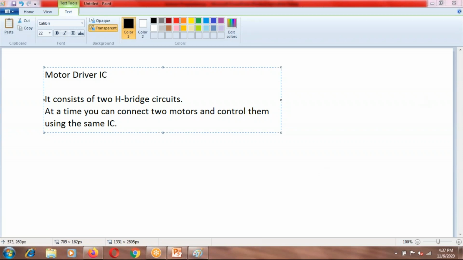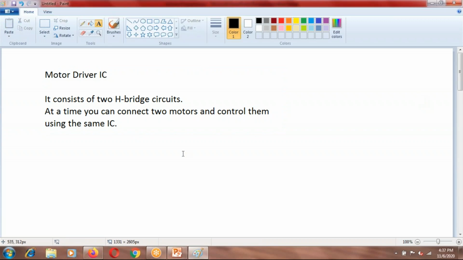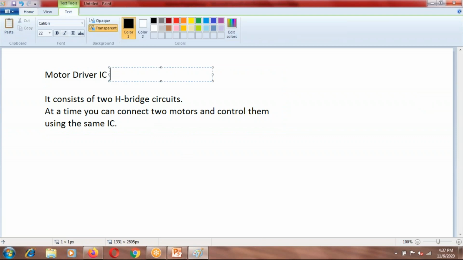Yes. So you can control two motors simultaneously using the L293D IC. Basically, it has two H-bridge circuits. Yesterday we discussed the motor driver circuit, the H-bridge circuit, and how it controls the functioning of the motor. So when we use this IC, we can control two motors simultaneously.